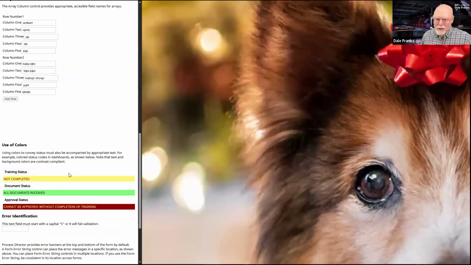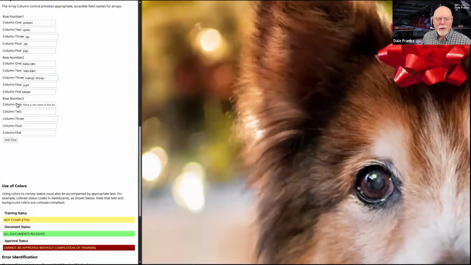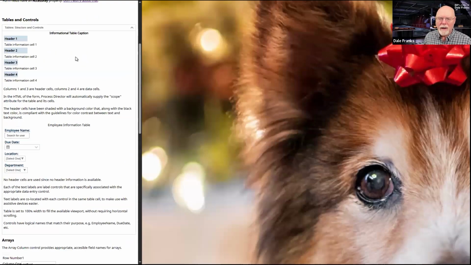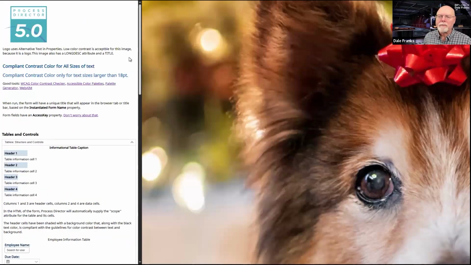And when we go into a single column row, these array columns will now become individual labels for each of these fields in the array. So if I add a third row, row number 3, they're all of my array column controls that specify all of the data in my array.